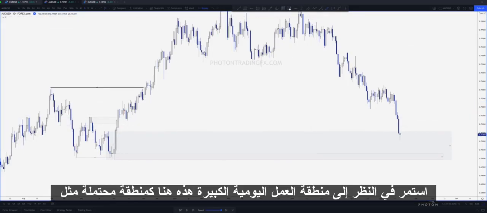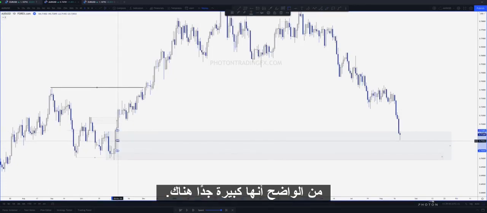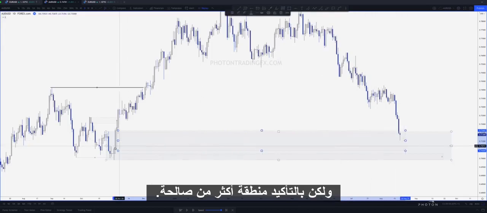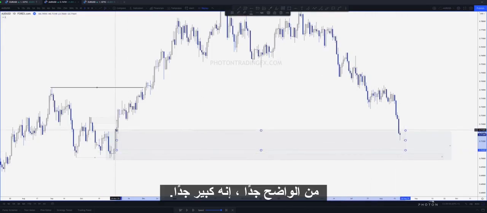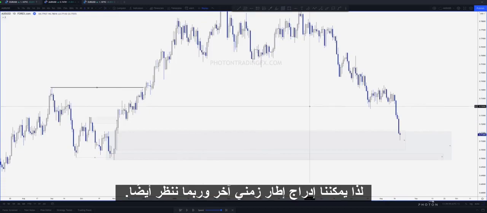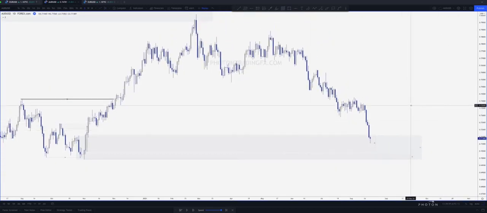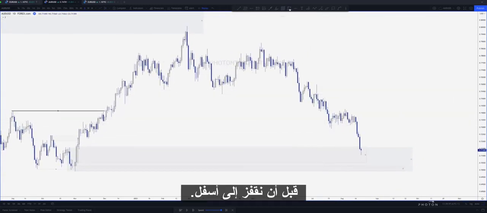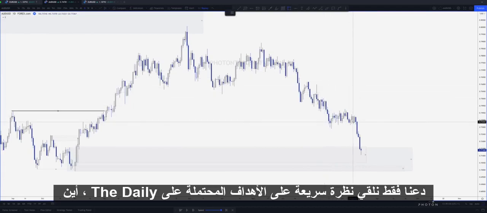So I would definitely be looking at this large daily wick zone here as a potential zone as well. Obviously, it's pretty big there, but definitely a more than valid zone. So obviously it's quite big, so we can drop down another time frame and potentially look to refine that even more. But before we jump down, let's just take a quick look at potential targets on the daily, where we